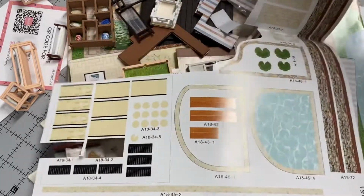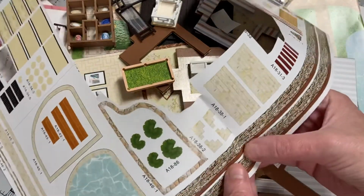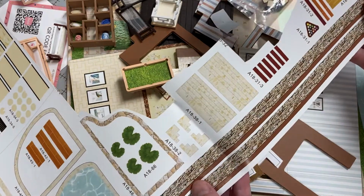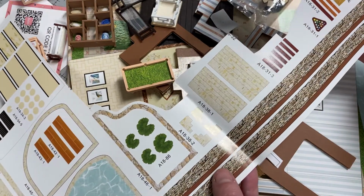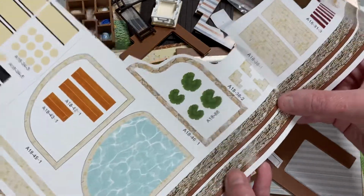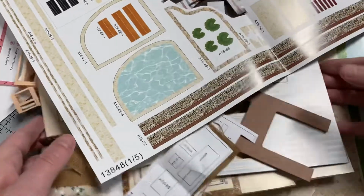Yeah, and the other thing I don't like is they folded everything in half. So anything that is big like this, you have a crease. I understand they're trying to, again, save paper, save money, but it's hard when it's like that. And again, chances are you probably won't even notice once it's all up. For example,